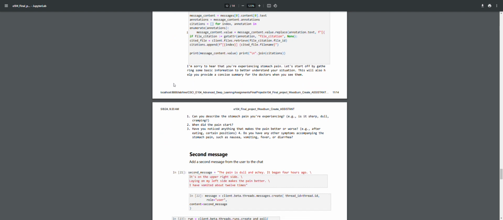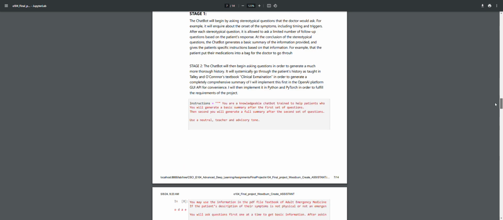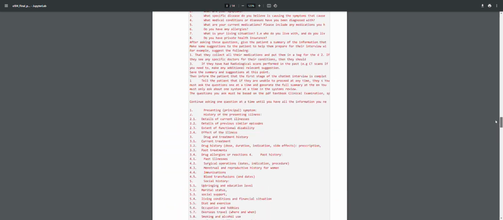And the first thing that the chatbot says is, I'm sorry to hear that you're experiencing stomach pain. Let's start off by gathering some basic information, to better understand your situation. This will also help provide a concise summary for the doctors when you see them. And it asks a number of critical questions, like can you describe the stomach pain, when did it start, and any aggravating or relieving factors, as well as associated symptoms. So it's doing exactly what I've instructed it to do